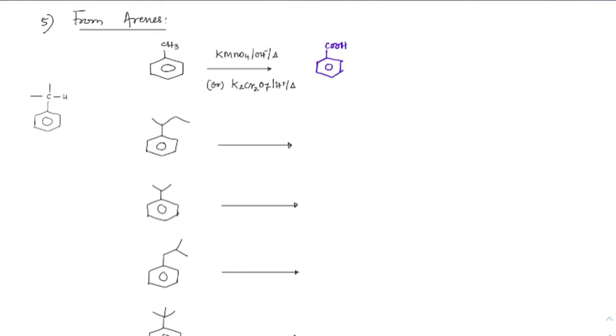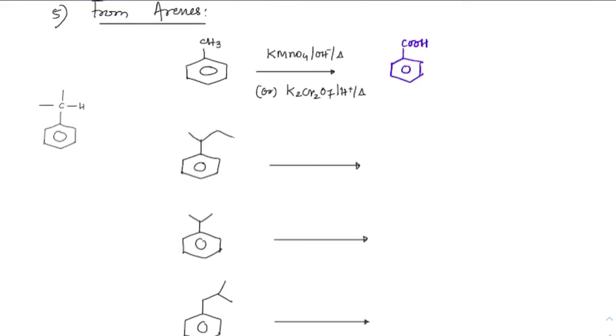In basic medium, it will end up as COO-, but imagine as if I did the hydrolysis at the end. So I'm directly writing the acid part here. The minimum requirement in both the cases is that there has to be an alpha hydrogen for sure. So at least one alpha hydrogen must be there as long as it is connected to the phenyl group. All right. Now check the second one here. Here still there is one alpha hydrogen.